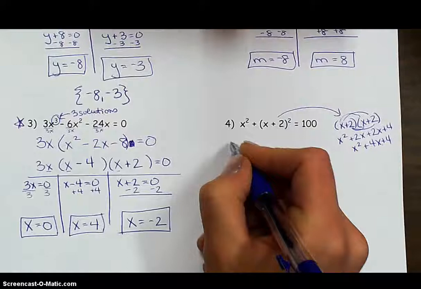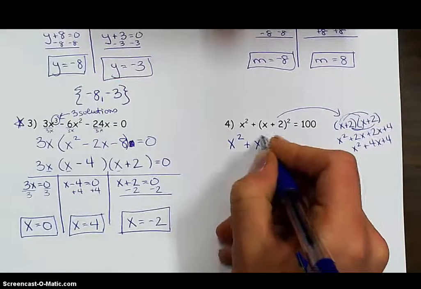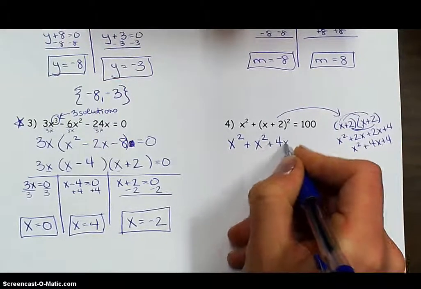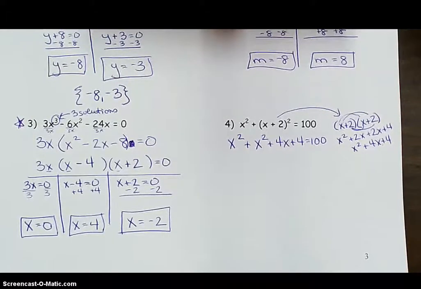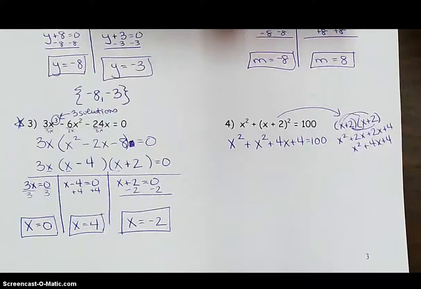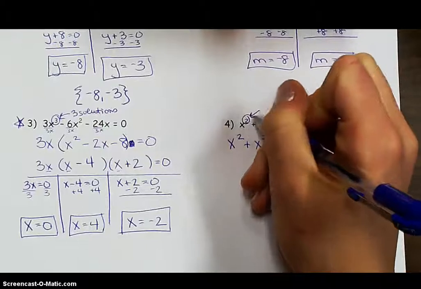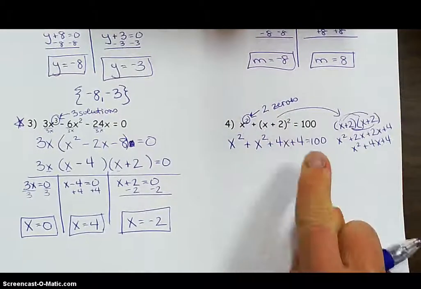So now I'm going to replace that in my equation with my trinomial. Plus 4x plus 4 is equal to 100. Okay, so now x is being squared. It's to the 2nd power. All right, I'm still going to have to simplify this a little more, but that also means that there's going to be two solutions. So there's going to be two zeros here,